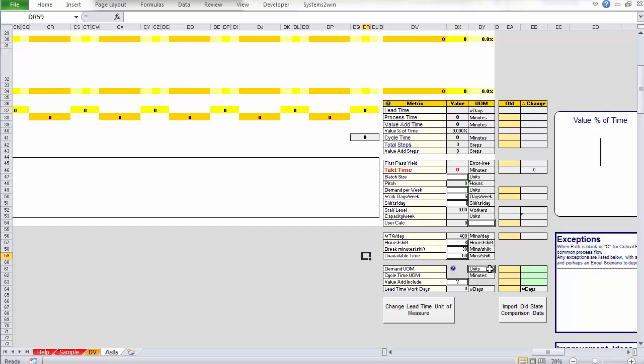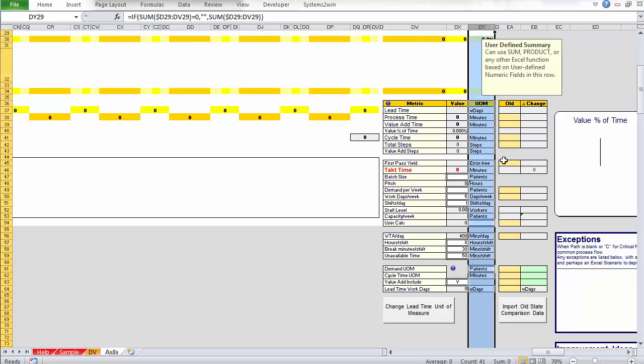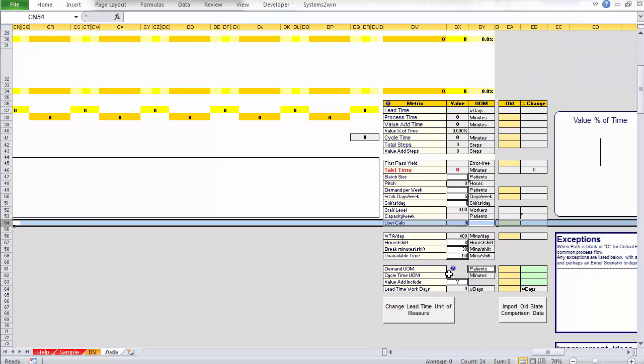So you say, well, what is it that our customer is demanding? What is being transformed in this flowchart or value stream? In this case, it could be units of inventory, it could be pallets, it could be patients. Let's say we're a hospital and we're processing, transforming patients. So there you go. That's the only unit of measure that needs to be defined, unless you have a user-defined one, that needs to be defined on the swim lane functional flow chart.